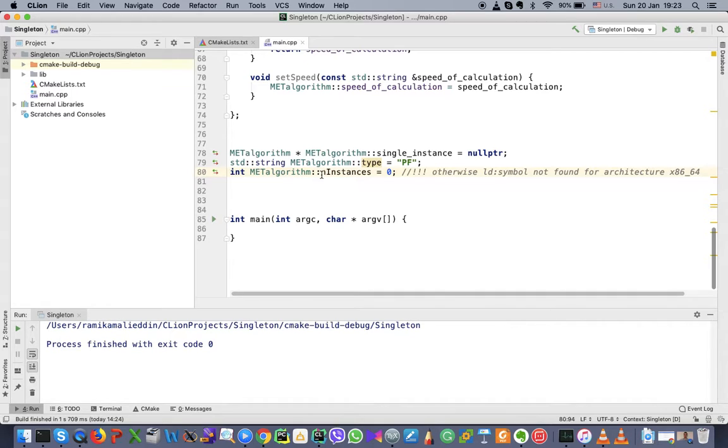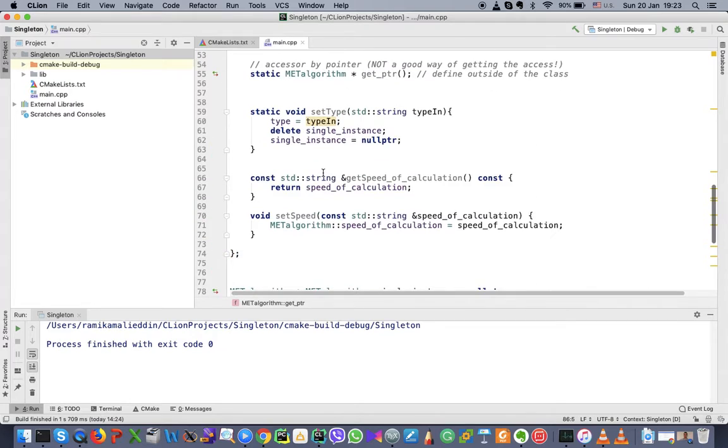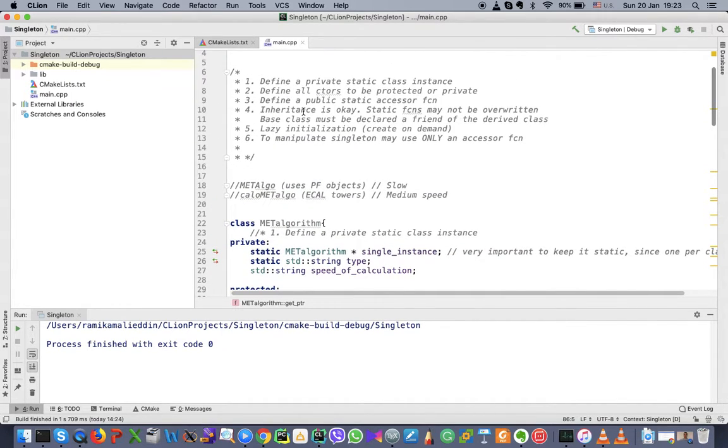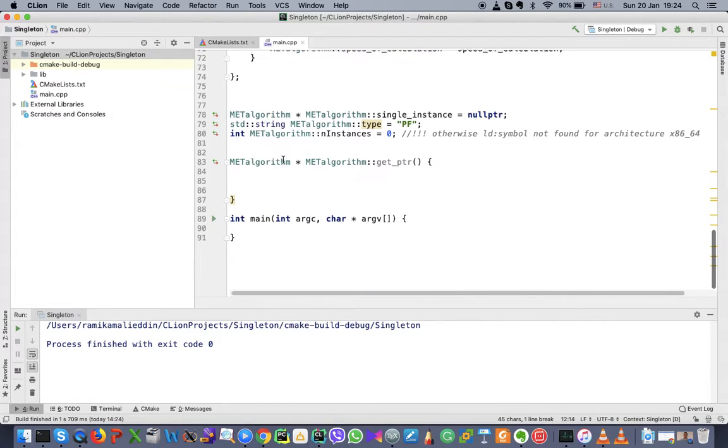Okay, so we've done with this part, and then there is a second part, which is get pointer functions that we have to implement outside of the class. So let's have it, MetAlgorithm pointer, MetAlgorithm get ptr. Now we are going to follow our rule number 5, which is